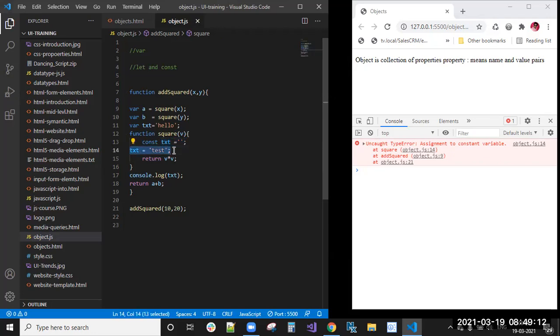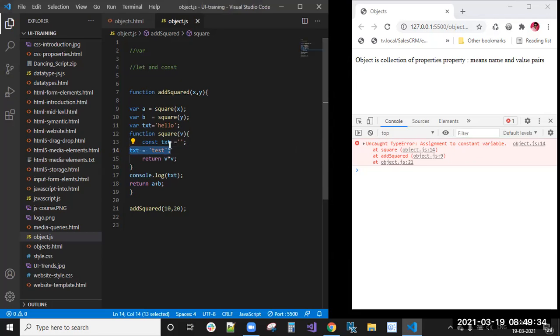You can't override that value. Mostly when you want to declare a variable with a default value that can't be overridden in any other way, you will use the constant.